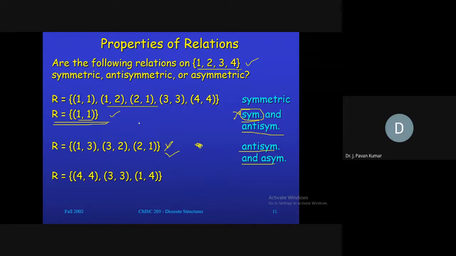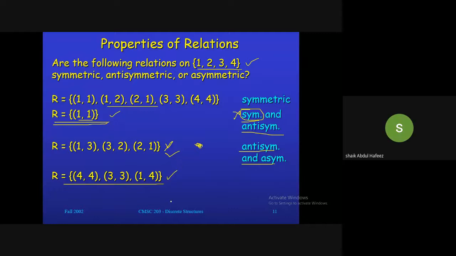No, sir. Okay. Now, can we consider it as symmetric? No, sir. Why? Because for 1 comma 4, we don't have a symmetric pair in the relation. Can we consider it asymmetric? No, sir. Can we consider it anti-symmetric? Whatever symmetric pairs we have, those should have A is equal to B. So the symmetric pairs in this relation are 4 comma 4 and 3 comma 3, so it will satisfy. For 1 comma 4, it is not a symmetric pair in the relation, so we need not consider it. So it is anti-symmetric.